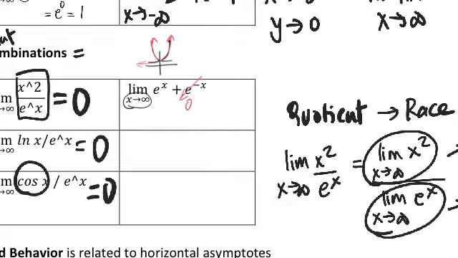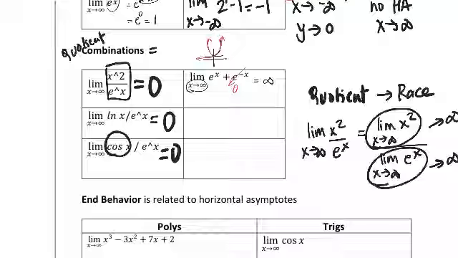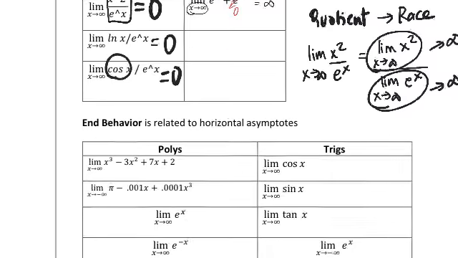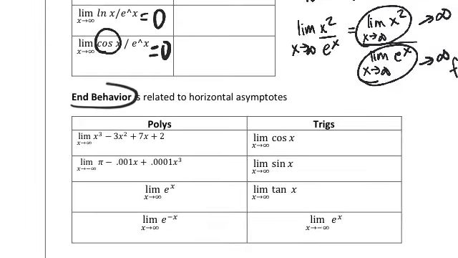That's this part, right? But e to the x goes to infinity. So the overall answer will go to infinity. Okay, so combinations, you're going to have to do a little bit of thinking and figure out the answer for horizontal asymptotes. End behavior is the last thing we're going to talk about with horizontal asymptotes, and end behavior is related to horizontal asymptotes. Often there is no horizontal asymptote, and that's what the end behavior tells us, but sometimes